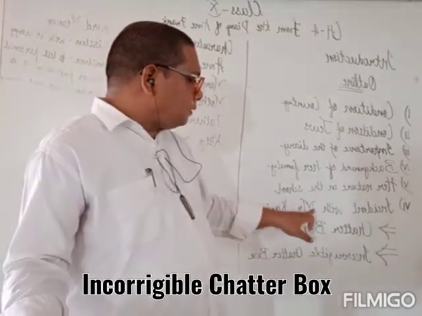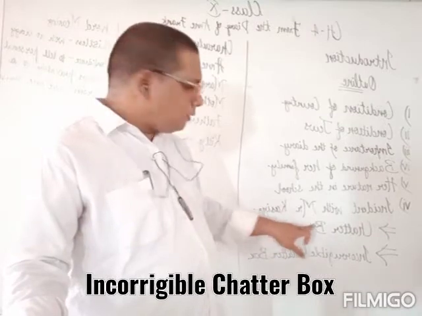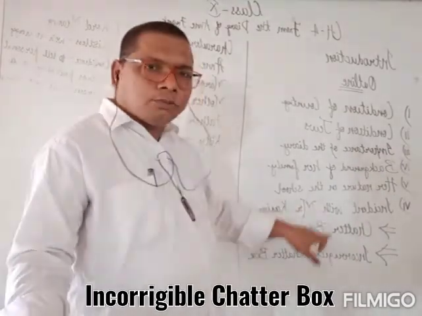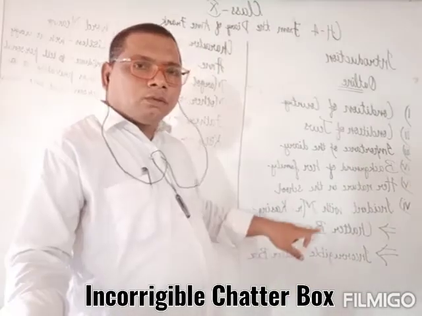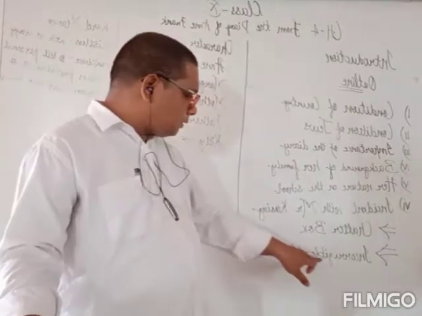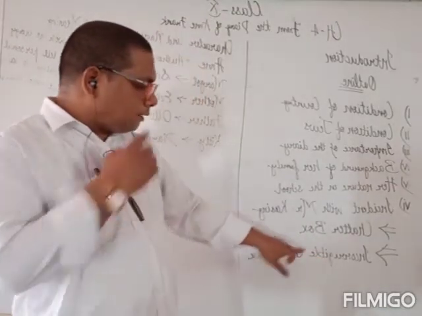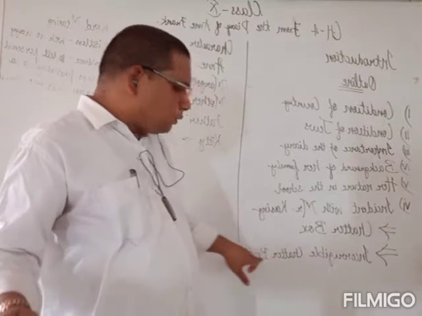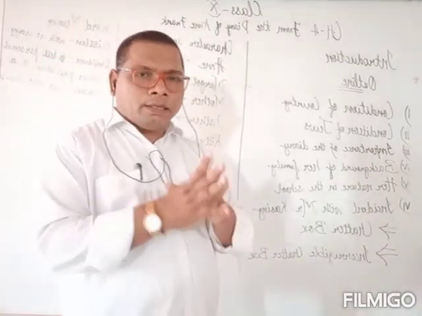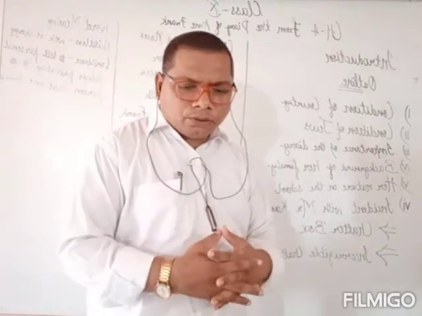She was a talkative girl. Most of the time she was talking with her friends. That is why the teacher gave her the punishment of writing both essays. So the first essay we have discussed, and the second essay is called Incorrigible Chatterbox. In this essay, she thought about how she would write.